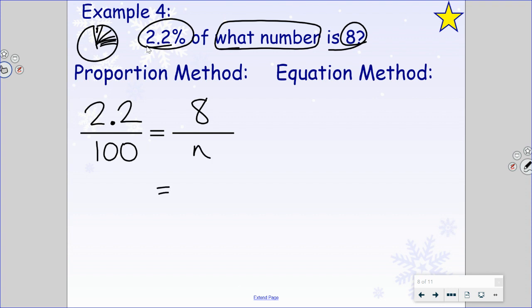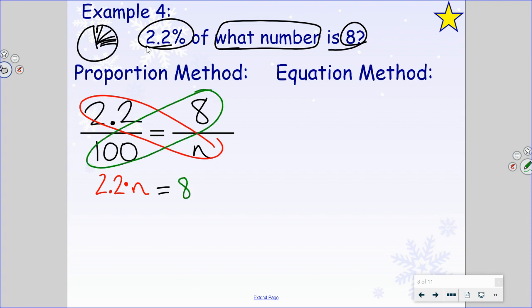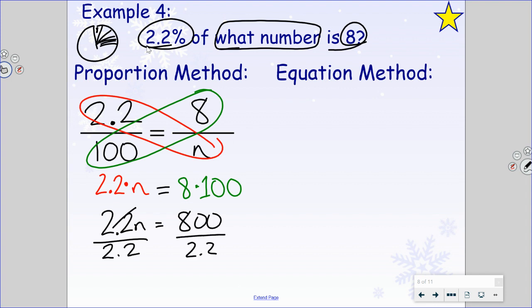Cross products. 2 2/10 multiplied by some number n will maintain equivalency if we multiply 8 by 100. 2 2/10 times n equals 800. Split it up, divide by 2 2/10. Now, ladies and gents,